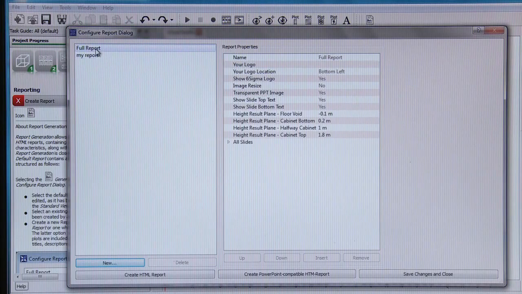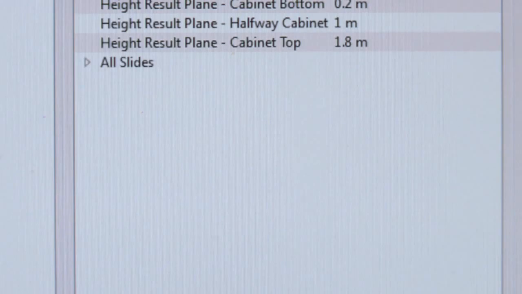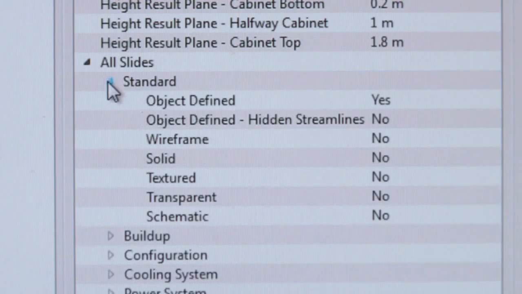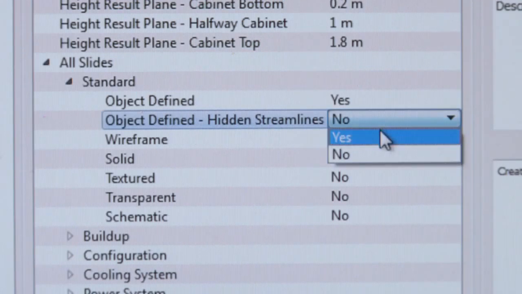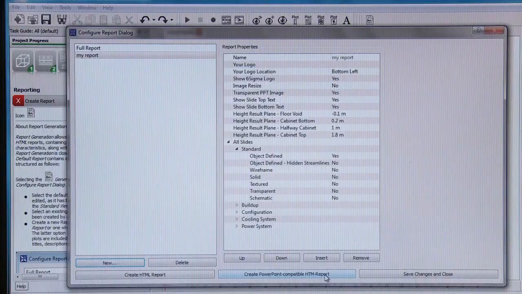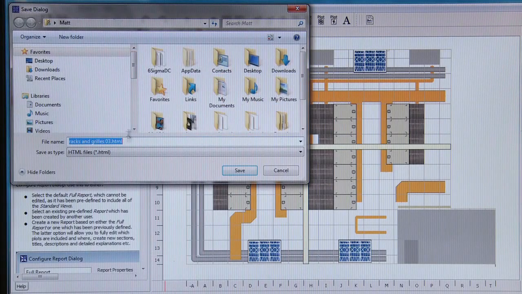I have 2 reports already created, a full report which shows me everything the software can report on, and a shorter report here. I can take a look at any of these plots that I've shown you, and I can simply choose which ones I want and which ones I don't want. And then at the end, I can go down to the bottom and click on Create PowerPoint Report. So I simply give that a name,